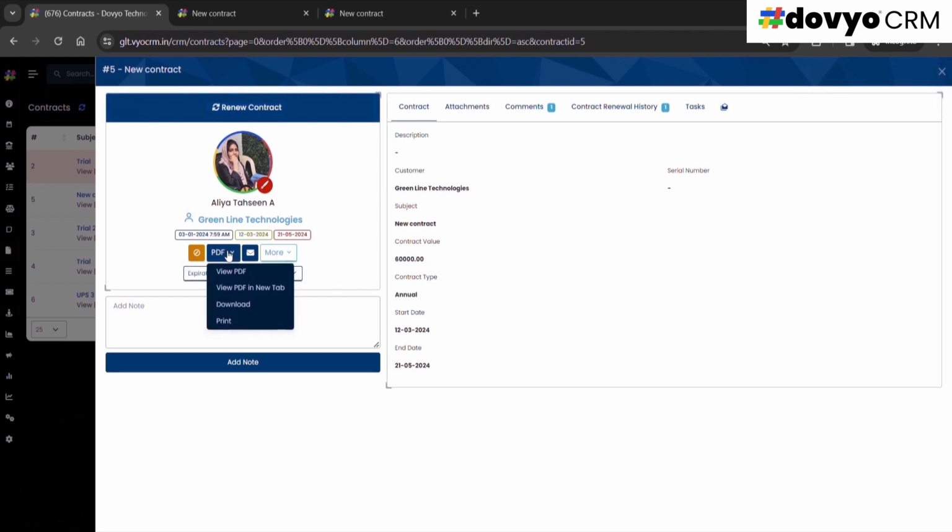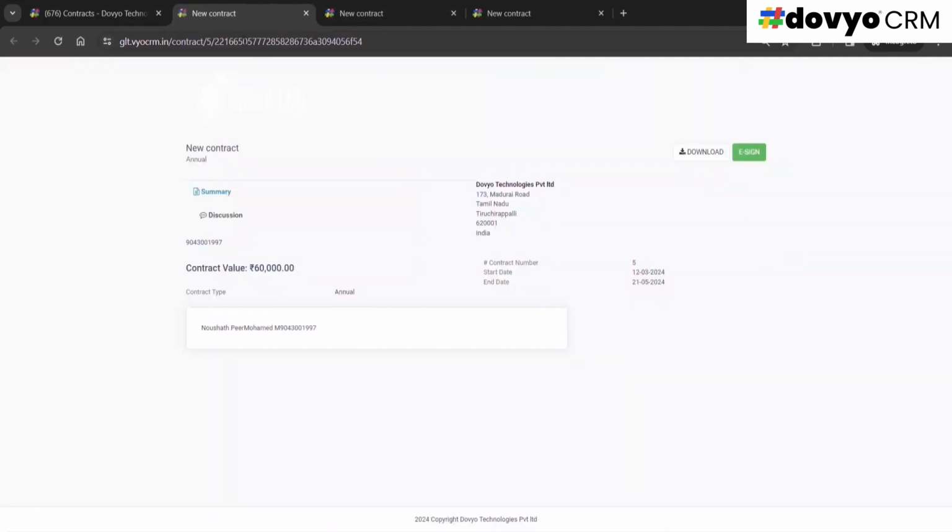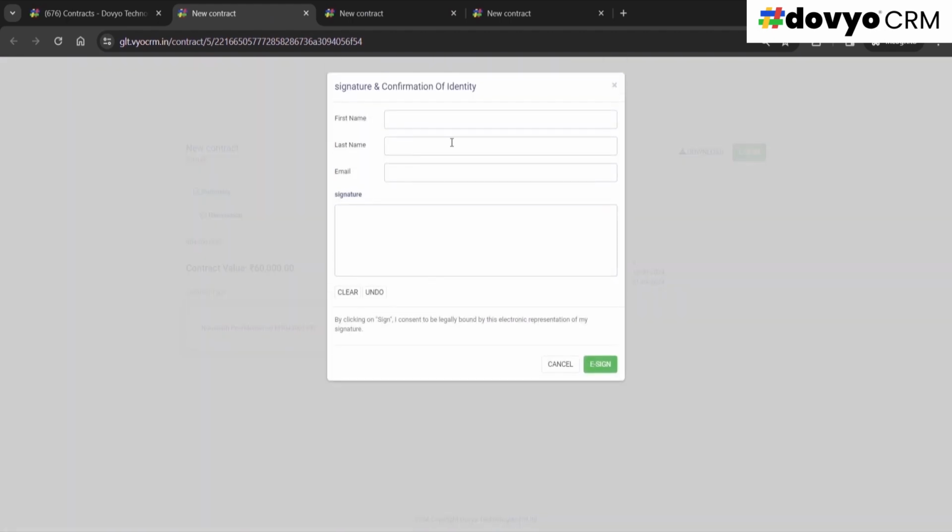So if you want to view this contract in PDF, you can view it in PDF, you can view it in the new tab, you can download it as a PDF, you can also print the PDF format. Moreover, in the more option, it helps you to view the contract. You can download it. Also, if you want to make an e-signature, give the necessary details and put your